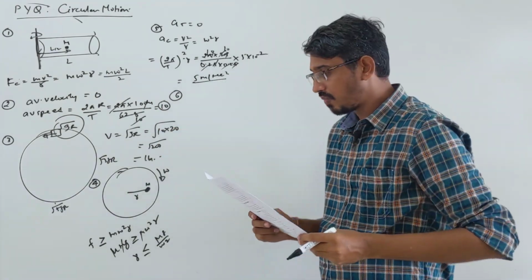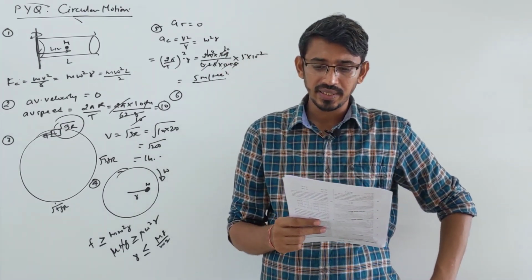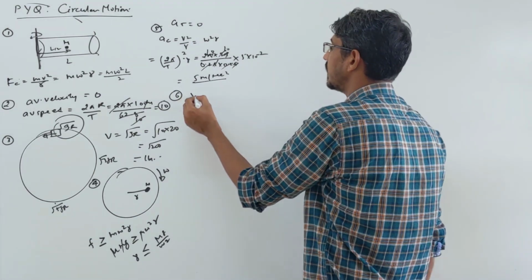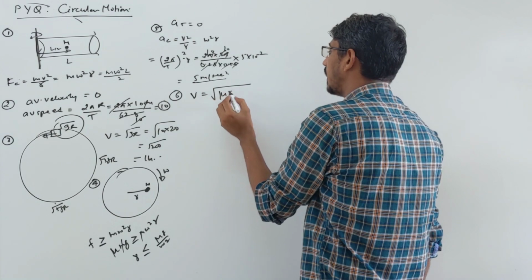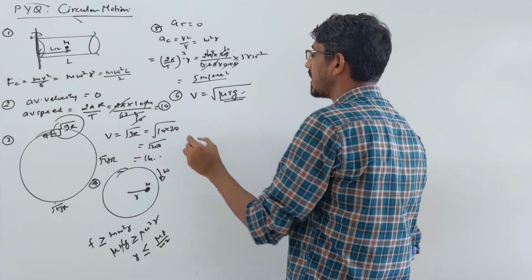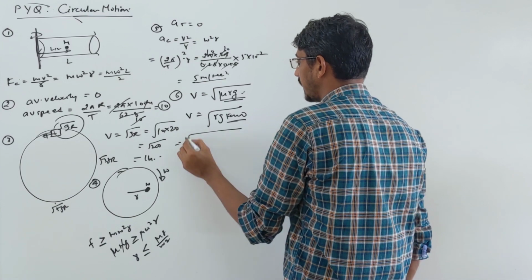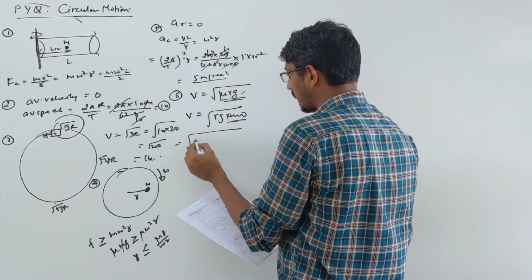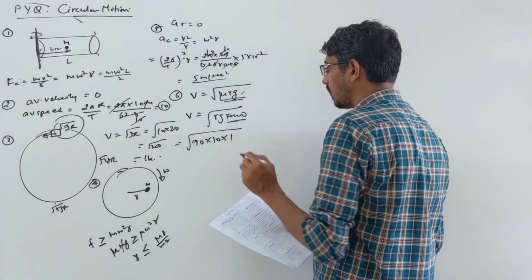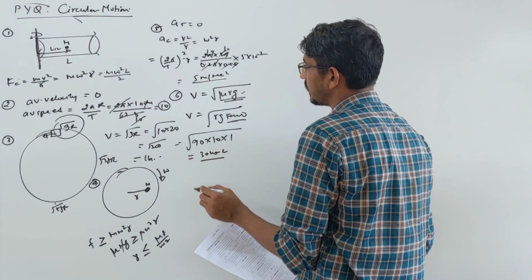Okay, moving on to the sixth problem, which is also very easy. A car of mass 1000 kg negotiates a banked curve of radius 90 meter and banking angle 45 degree. What's the safe speed of the car? In terms of mu, if only friction is there. But if only banking is there, then the answer becomes root of rg tan theta. So banking is given, radius of the curve is 90 meter, g is 10 and tan 45 is 1. So this becomes simply root of 900, which is 30 meter per second.